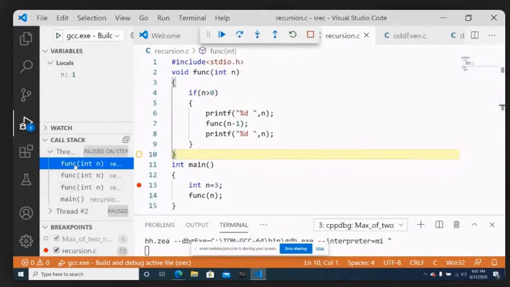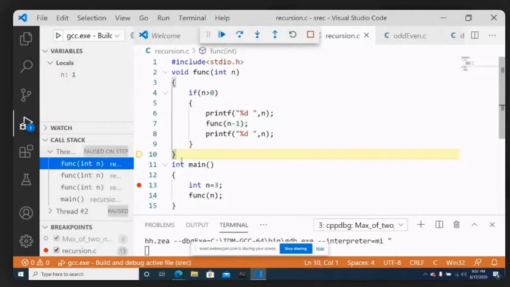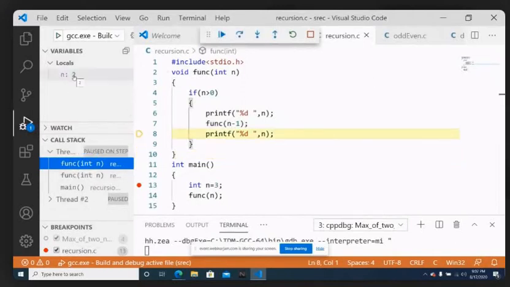And once this activation record gets deleted, you will enter into the next activation record where n value is equal to 2, and up to the 7th line, that execution is stopped. Now you will continue from the 8th line of that activation record. So first of all, we go to the top, the closing curly brace is executed, that activation record gets deleted, you enter into the next activation record having n value 2. And you stopped that at the 7th line, now you are continuing from the 8th line, where you will print the n value, which is equal to 2, which will print, again closing curly brace, delete this activation record, enter into the next activation record.